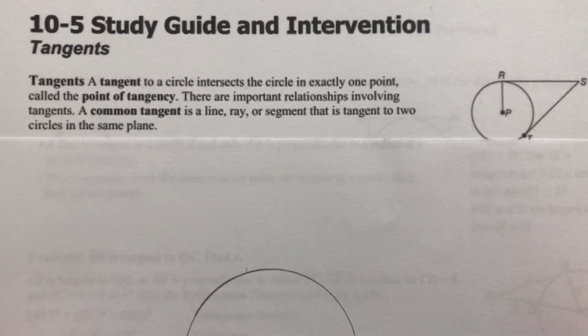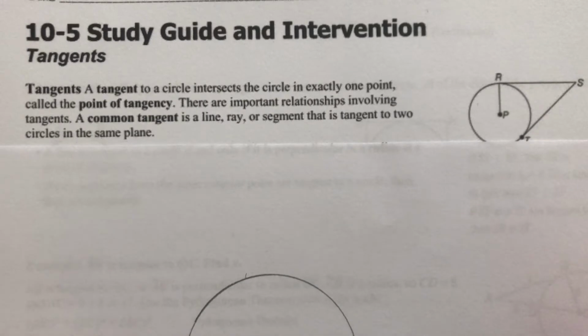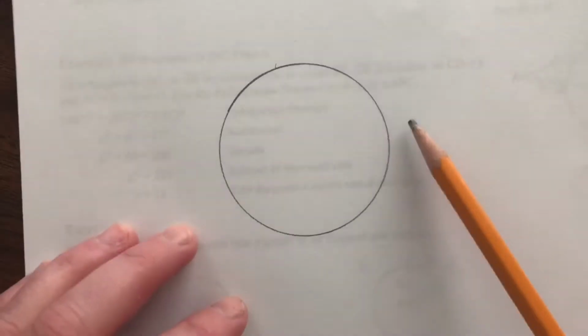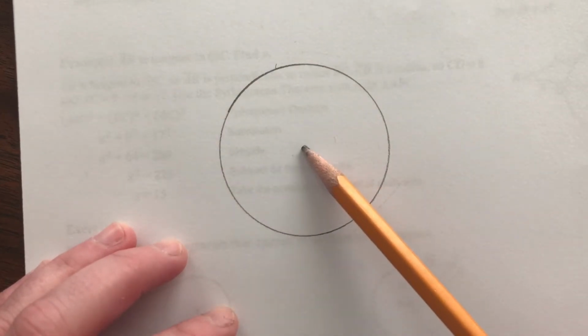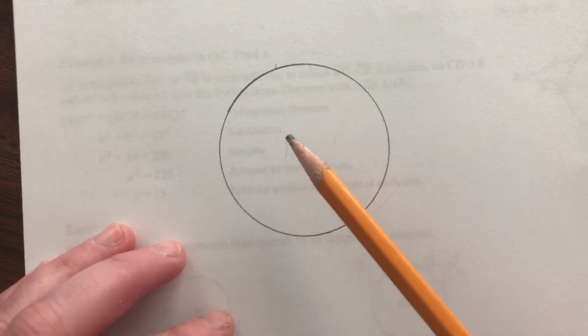All right, this is lesson 10-5. We're going to be focusing on tangent lines tangent to a circle. So if you'll recall from the first lesson in chapter 10-1, we talked about some vocabulary. And we talked about the circumference of a circle is the distance around the circle. The center of the circle is how we name the circle. So it's a dot right in the middle, usually with a letter there like a P, and we would call